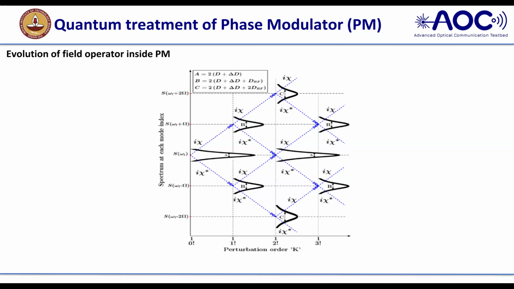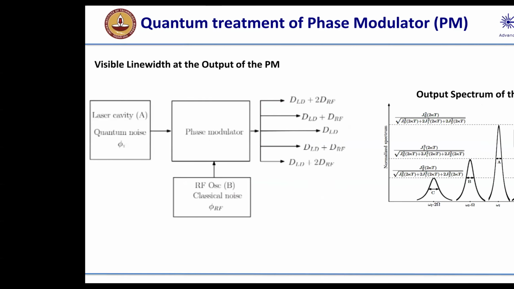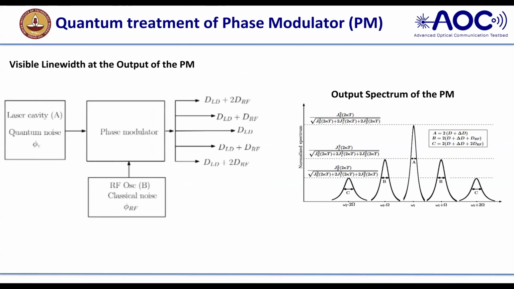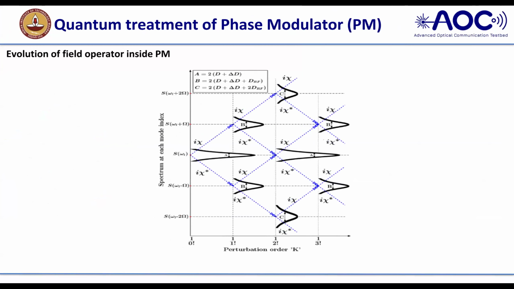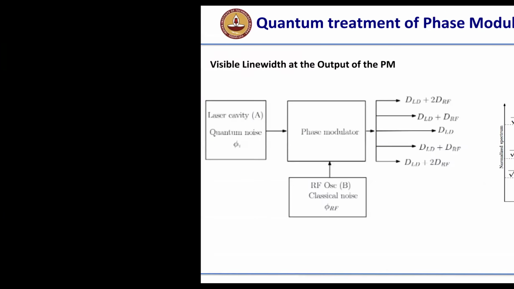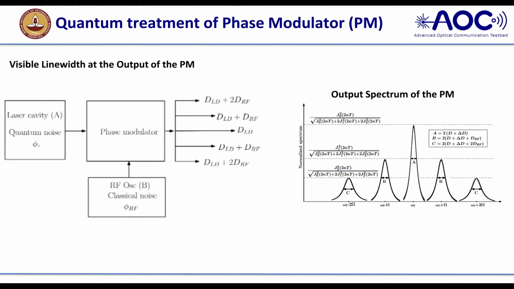Finally, at the end, you will get omega L. I have taken it as a spectrum, so you will get the photon at the sidebands, infinite sidebands. It depends upon chi, the amplitude, meaning how much the strength of chi is, which will be responsible for how many sidebands you have. According to theory, it should be an infinite number of sidebands, but generally the chi value is very small.